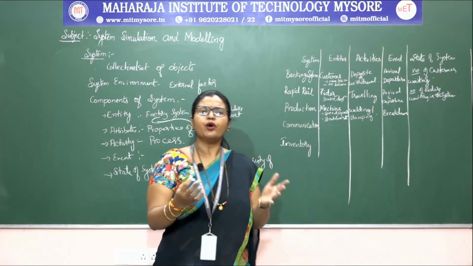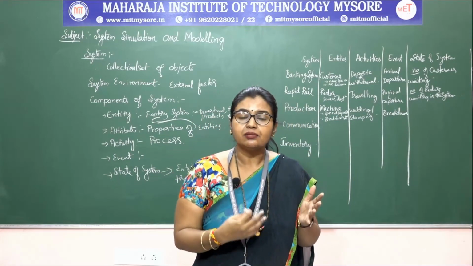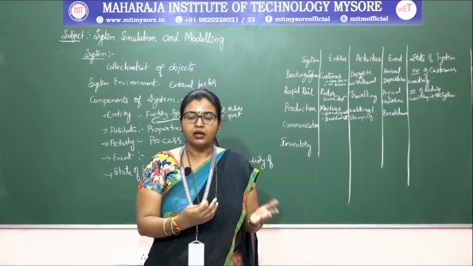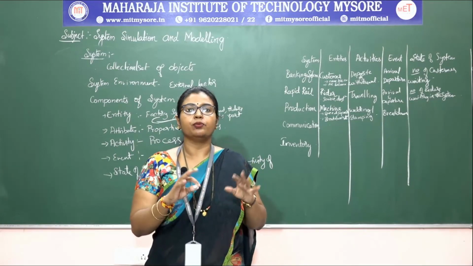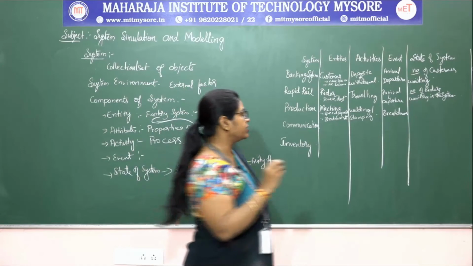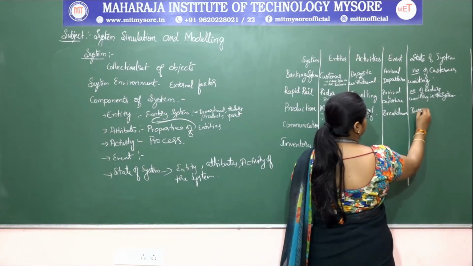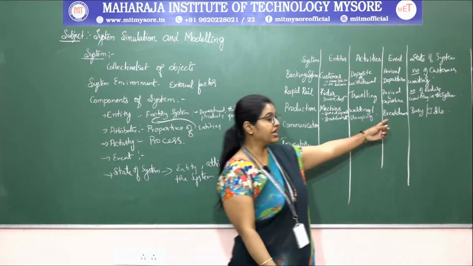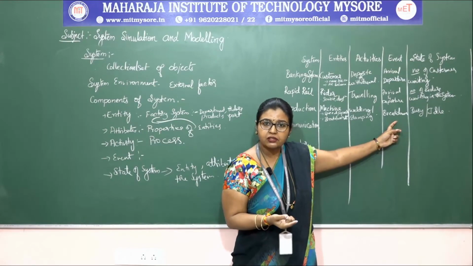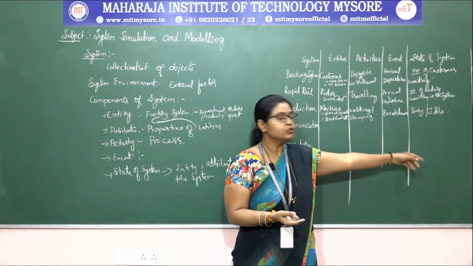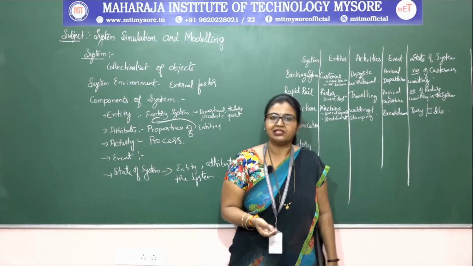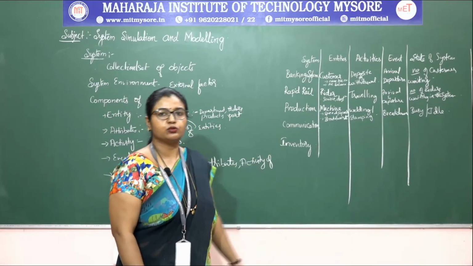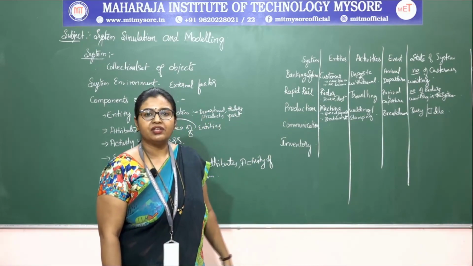That is breakdown. At some point of time, the system state may get changed. Then what is the system state now? The machine has to work or it should be idle, so we have only two states: busy or idle. This is based on the breakdown process. If the breakdown happens, by that time it will be in the idle state. If the breakdown does not happen, it will be in the busy state, in the working condition. Okay, this is how we can identify the entities, attributes, activities, events and state of the system.